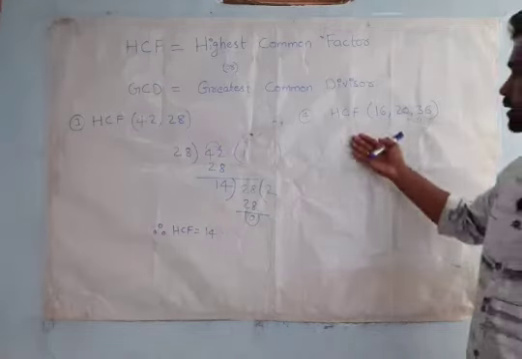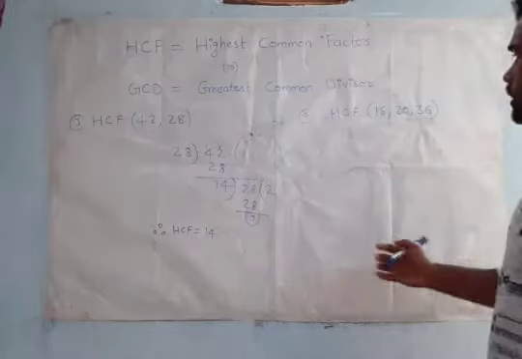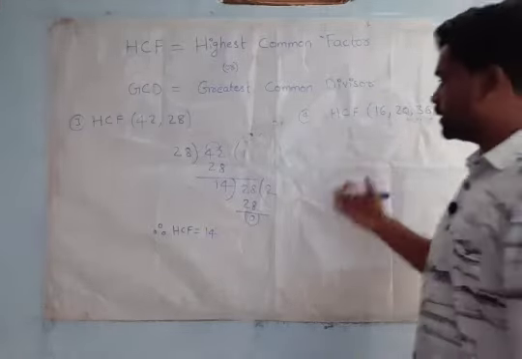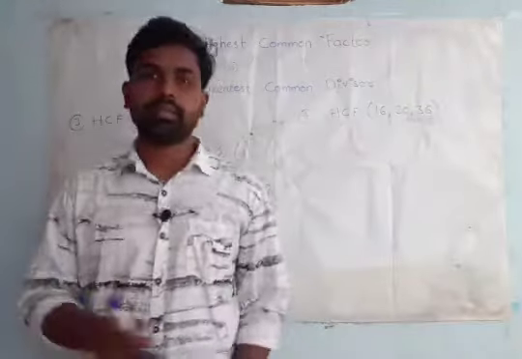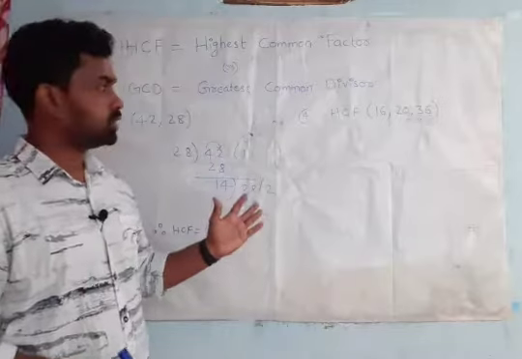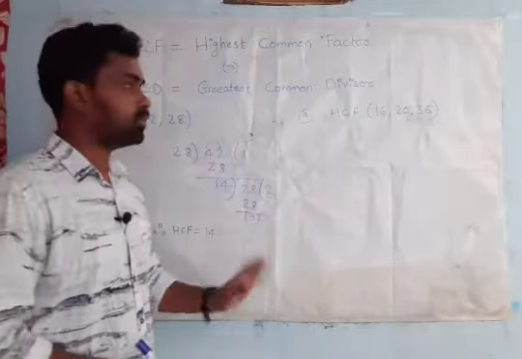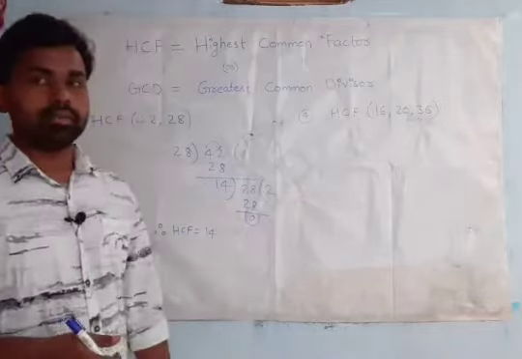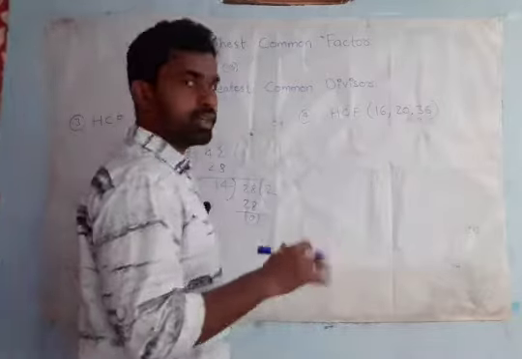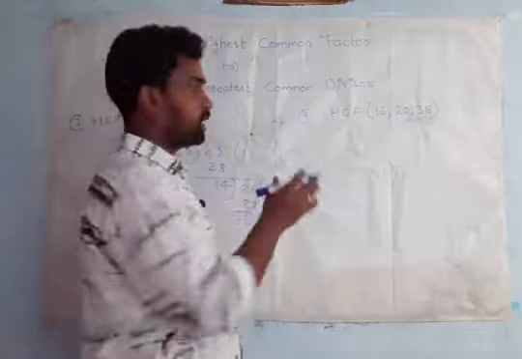If we write the factors in the traditional method, it consumes some time. Or else, whichever method you feel is easy, you can follow that. Our final aim is to find the HCF. But I feel this division method will be easy for you. So you can pick any 2 numbers first.